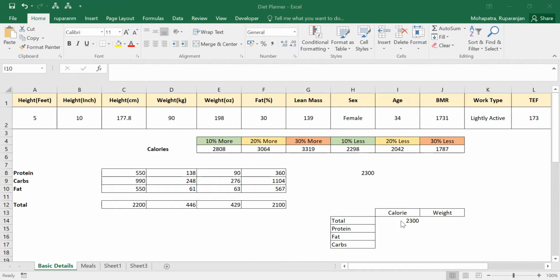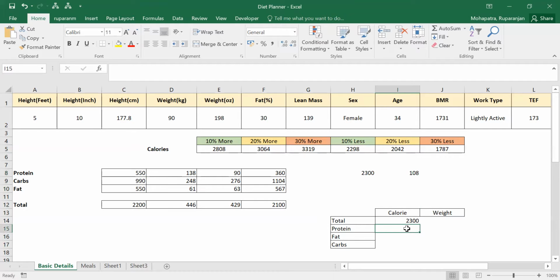You can continue. Okay, so our calories is 2300. Now first we'll set up our protein. If someone is working out, it is advisable to have 1.2 to 1.5, and they can go up to 2 gram per kg of body weight. We'll start from the lower end, then gradually build up our protein requirement. So let's take 1.2 gram per kg, and this person's weight is 90 kg. If we check that, it will come to 108 gram.